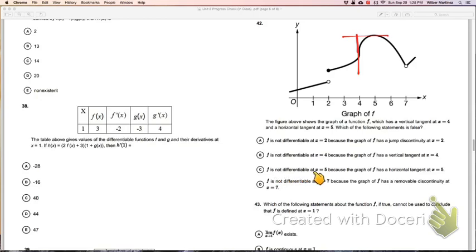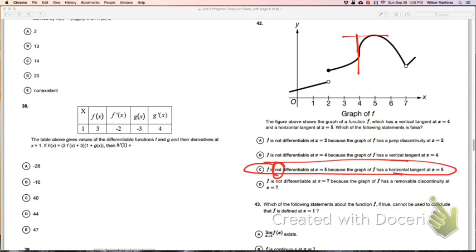The next one, f is not differentiable at 5 because the graph has a horizontal tangent. Now remember that horizontal tangents do not cause issues for differentiability. It's okay to have a horizontal tangent and the function is still differentiable because the derivative is equal to 0. The slope of the tangent line is equal to 0. So C is not a true statement. It does have a horizontal tangent, but that doesn't mean that it's not differentiable. It is differentiable there. So the part that I take issue with is the fact that it says not differentiable